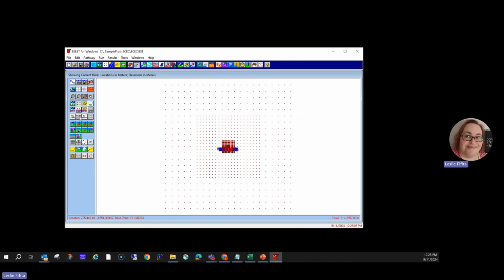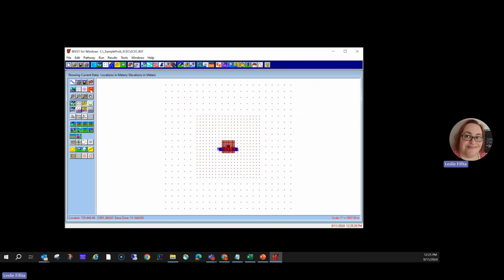Here's a sample BEEST file. This is a small power plant located out in West Texas. We already have sources, we have receptors, everything is pretty much ready to go. We're ready to at least start processing our Aermap data. So again, the first step in the process is to go ahead over here to the left side